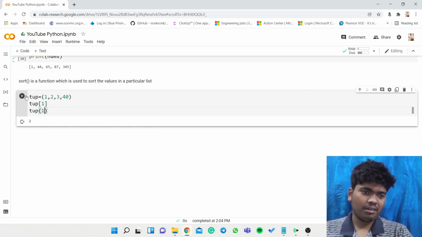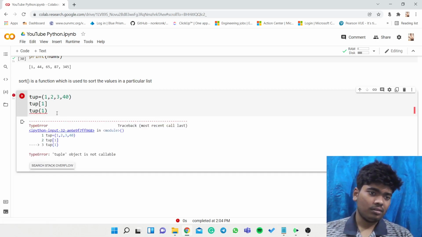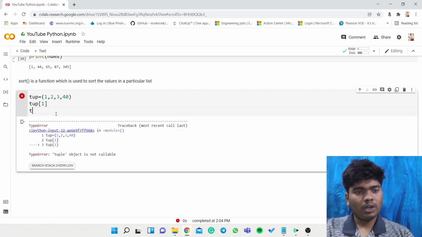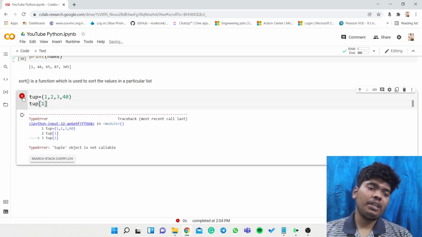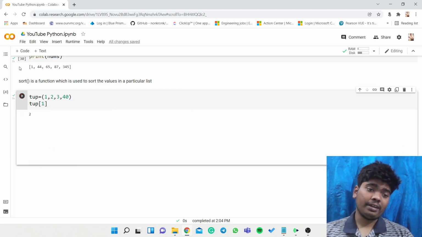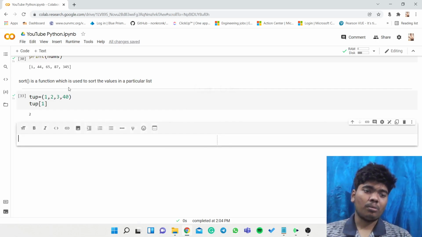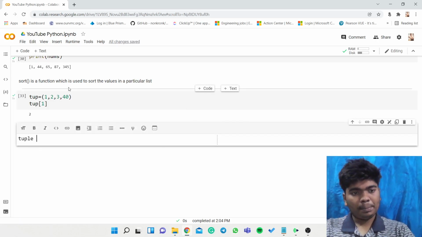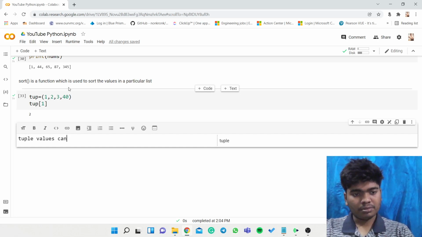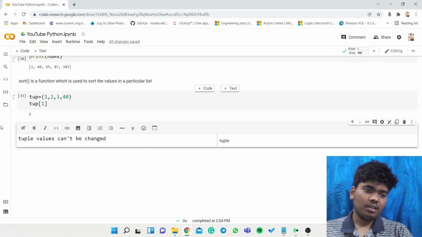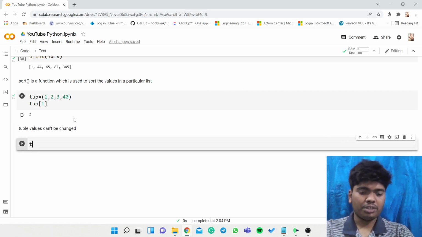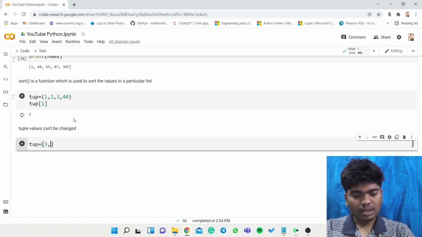Let me just try. Okay, so to call a number from that particular tuple, we need to use only the square bracket. We can't use the normal one. So tuple values can't be changed.